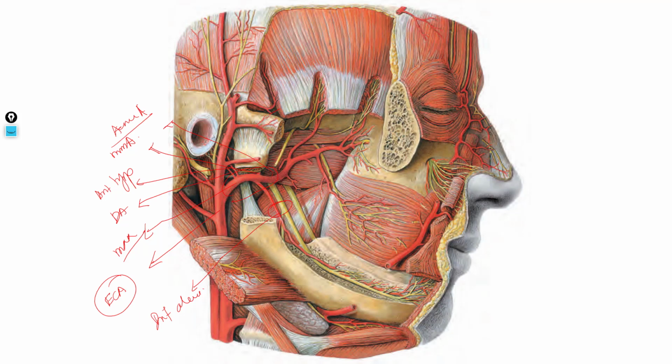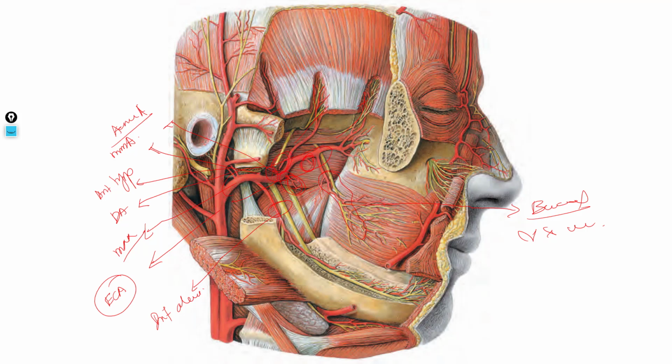Then this part over the lateral pterygoid is the second part of the maxillary artery. Here you can see it gives a deep temporal artery to the temporalis muscle. Then you can see the artery passes along with the nerve over the buccinator muscle. So these are the buccal nerve and vessels. Okay. Then you can see a branch to the medial pterygoid here, and there is a branch to the lateral pterygoid here, and the masseteric branch here.